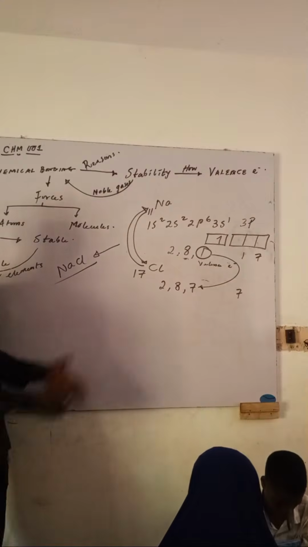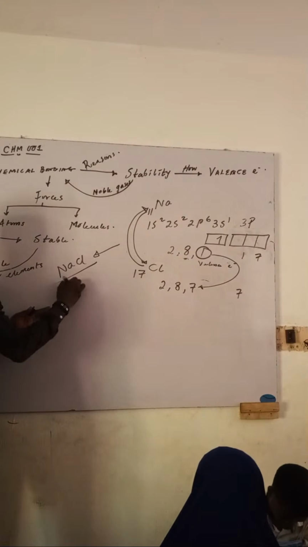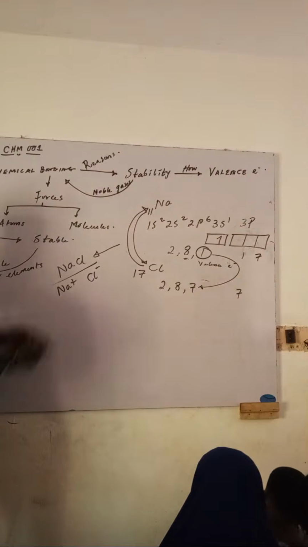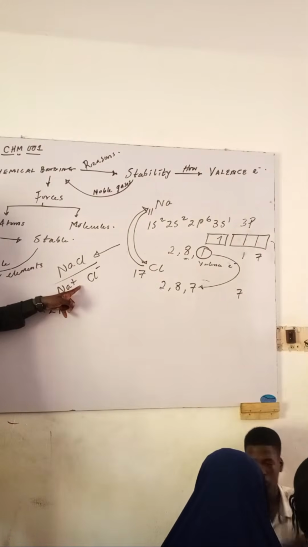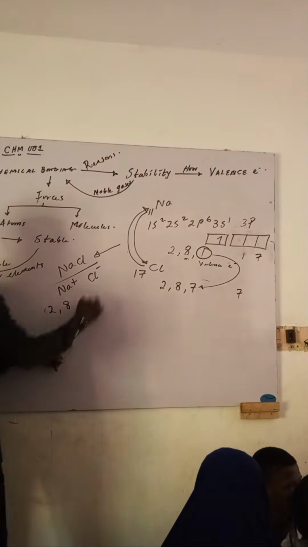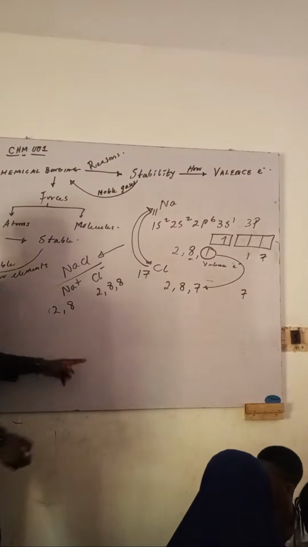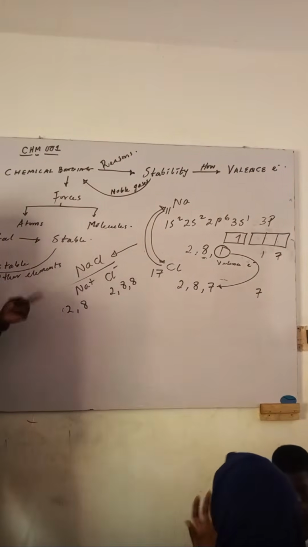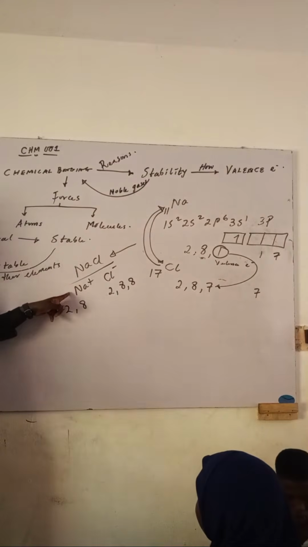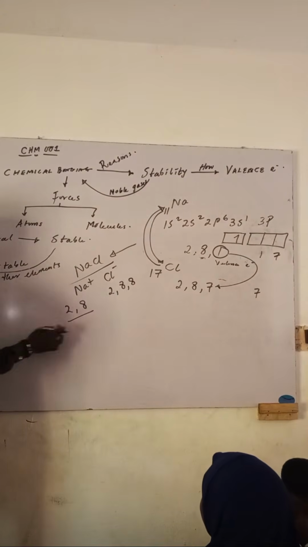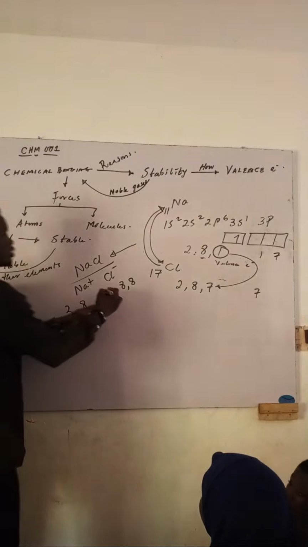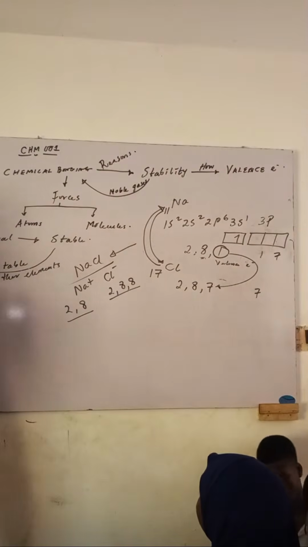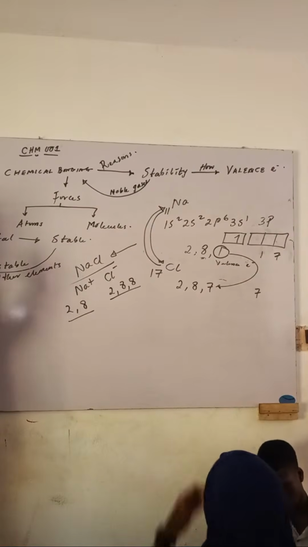And why? When you look at it now, this one would have been Na+, this one would have been Cl-. Now, being Na+, you know what that means. That's 2,8. It means it has lost 1 electron. Being Cl- means that is what? 2,8,8. That means it has gained 1 electron. Now, if you now look at this configuration that sodium now attains, who does it look like? It's looking like neon. That means that sodium wants to be like neon. Chlorine wants to be like who? Argon. That's the basics of bonding. Do you get the point?